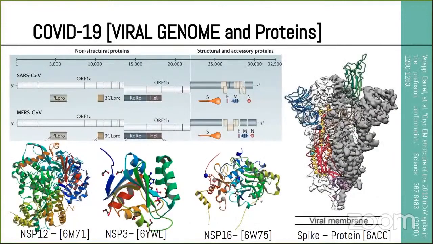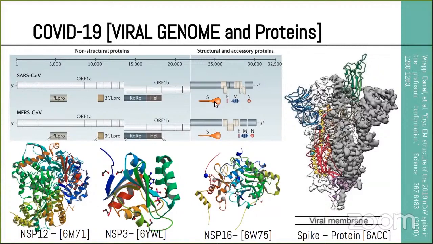On the next slide, this is the entire genome, along with SARS coronavirus and MERS coronavirus, and the protein structures available as of January, or till March 2020. This viral genome is made up of two main sections: non-structural and structural proteins. The structural protein is mainly the spike protein. Because of the spike protein, the virus enters our body and attaches to our cell, and it converts into different particles. So the spike protein is most important.